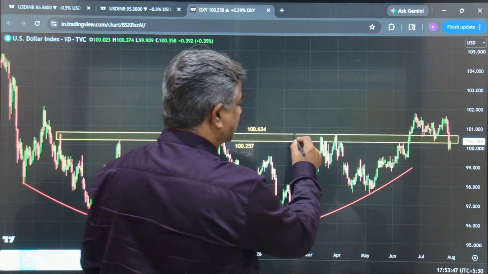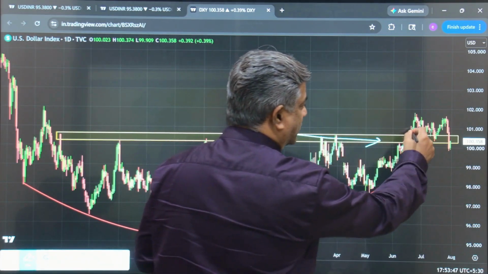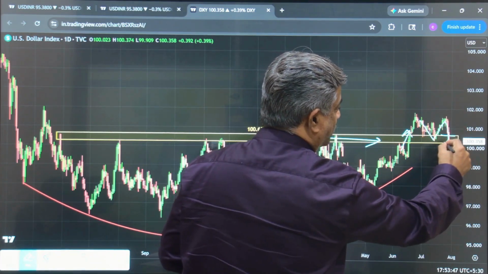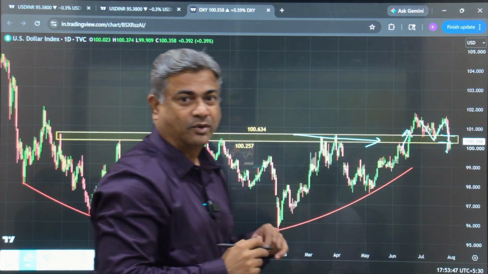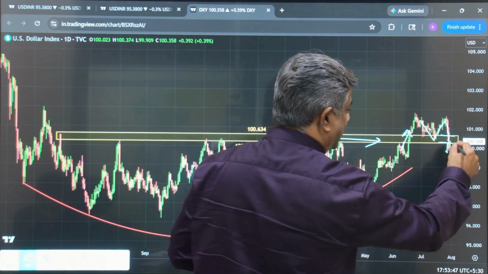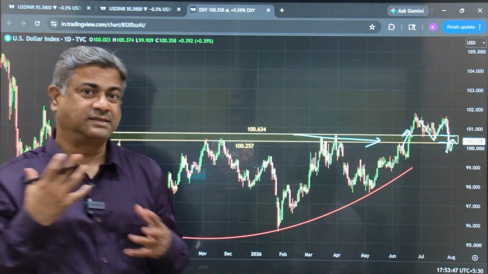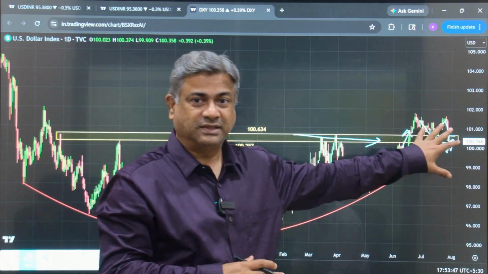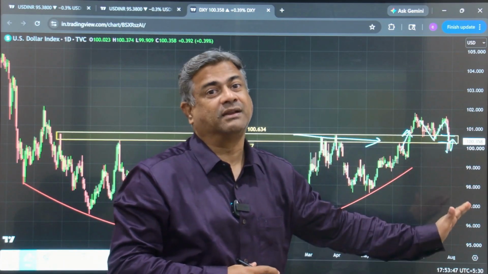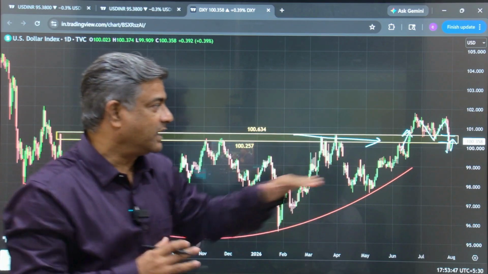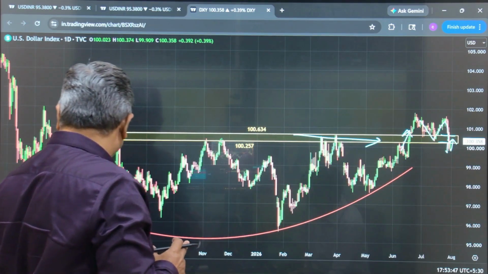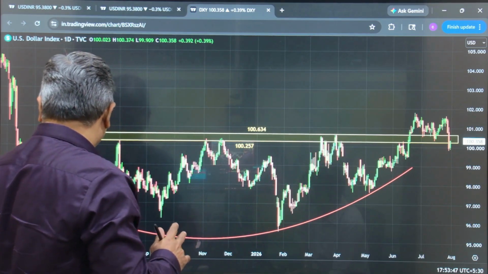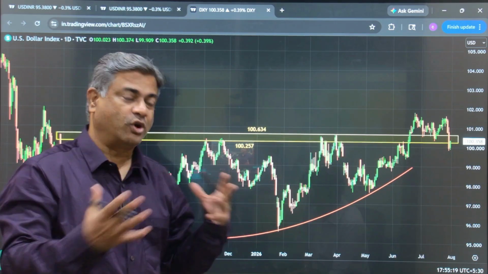This earlier resistance was broken and it was finding support here, then gone higher. This support region broke yesterday. Now, surprisingly, it has come back to that support region. So the market has a lot of flip-flop, a lot of uncertainty. It is very difficult to say whether this will hold or whether it is a really valid breakout. The bottom line is it did go significantly below the support region. That was one of the reasons why we saw a stronger rupee opening.